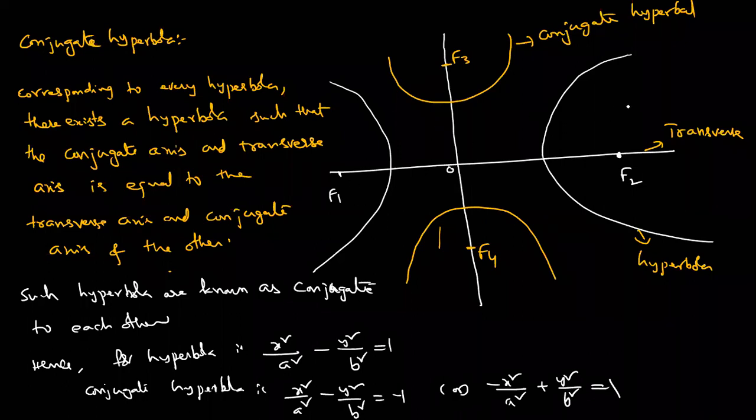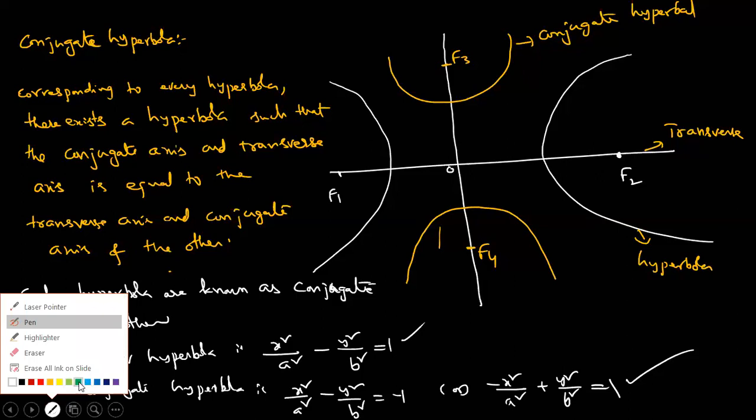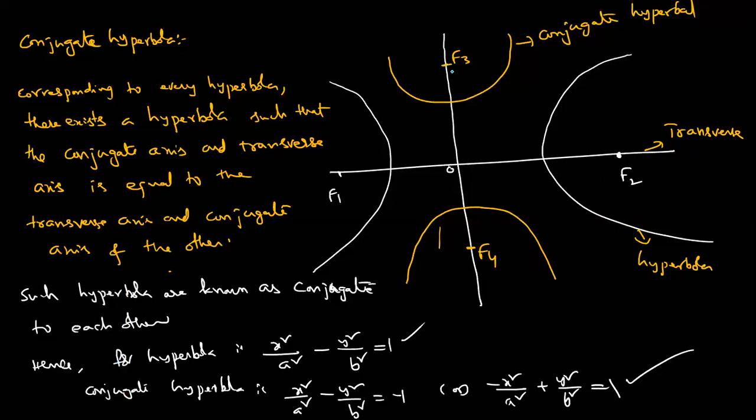And nothing, A is greater than B means in this case, see, of course, the diagram is changing. See, this is the conjugate hyperbola. This is the hyperbola. So carefully, what is the difference here? Constant is 1 here. In this case, constant is minus 1. Conjugate hyperbola. Wait, I'm drawing the picture. Don't write transverse axis, okay? That is changing with respect to the diagram, okay? Remove that one, better.